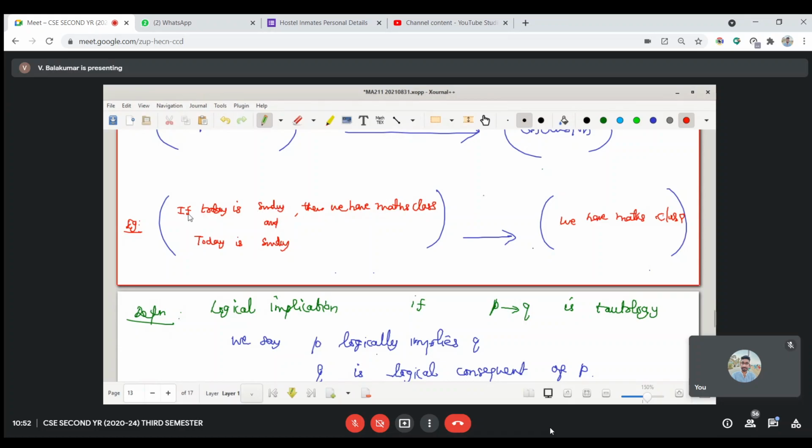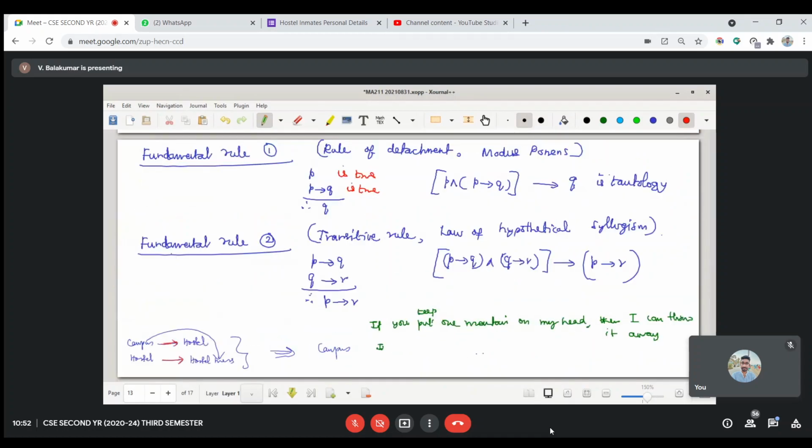Suppose if we are on planet Sun, then we have maths class. And I give another statement: we are on planet Sun. I'm not worrying about that here. What I have is P implies Q. The implication is true. Then I say that P is true. In the last thing, I am saying P implies Q, that implication is true. Another implication I am giving you is true. Only this can happen: if P is true, then you will be having R.